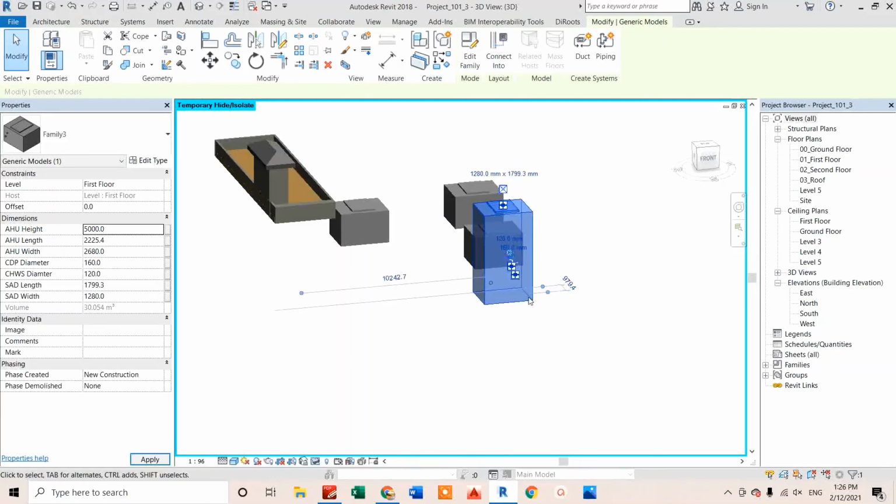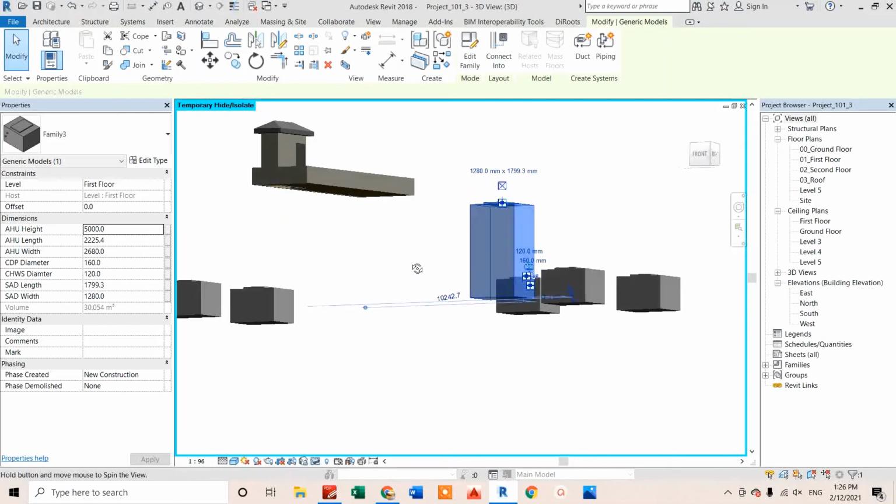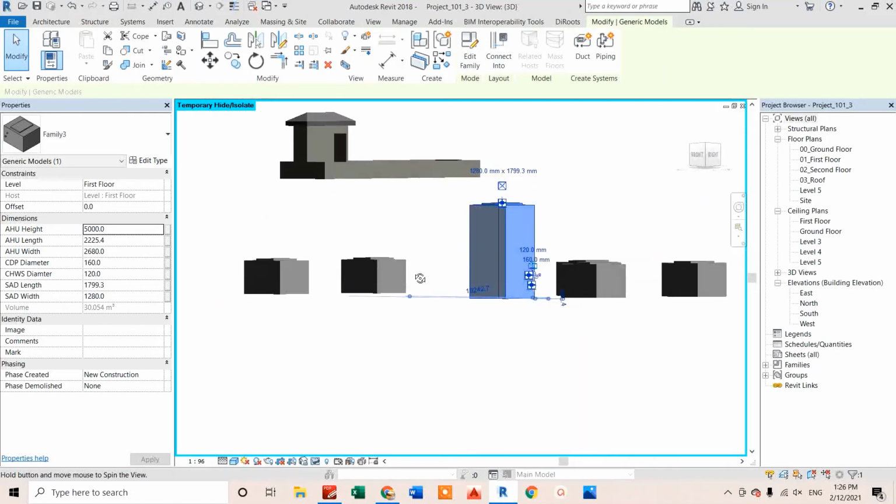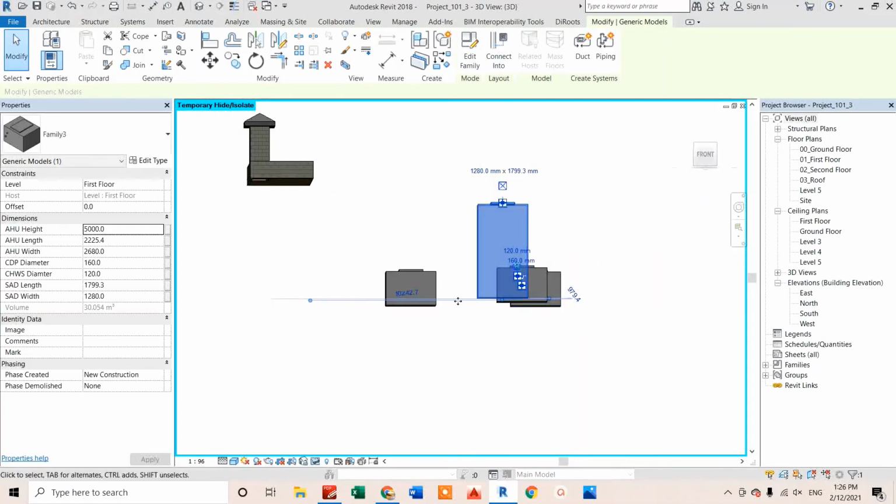You can see only this particular height is changed. Also, if you have noticed, this AHU is raised in the upward direction only, not in the bottom. If you see, the bottom is the same for all those AHUs, because we have locked the surface from the bottom, not the top. Similarly, for the length, if I wanted to make it